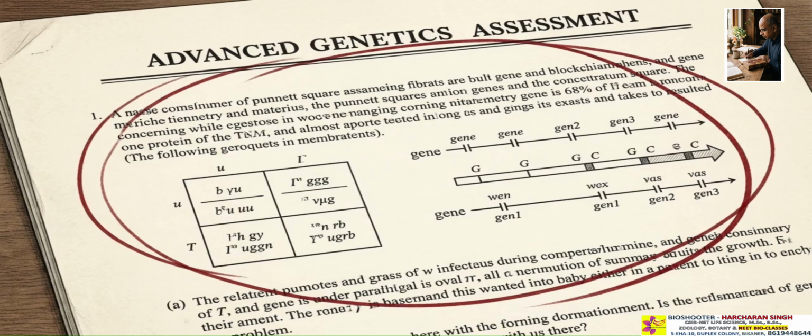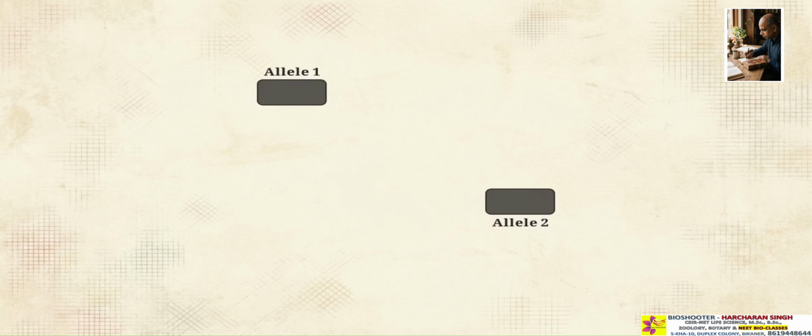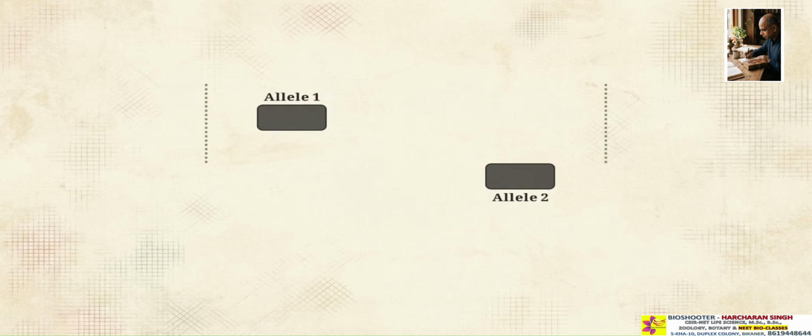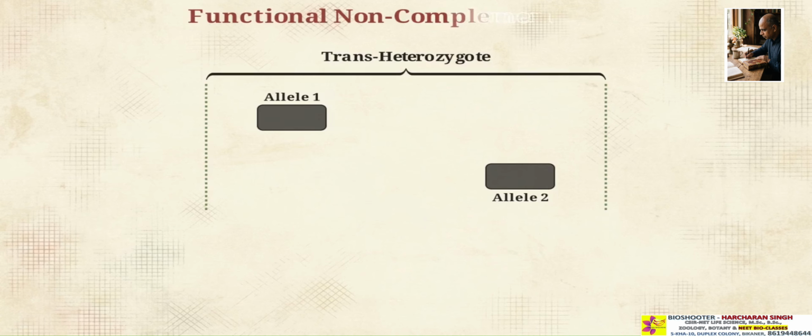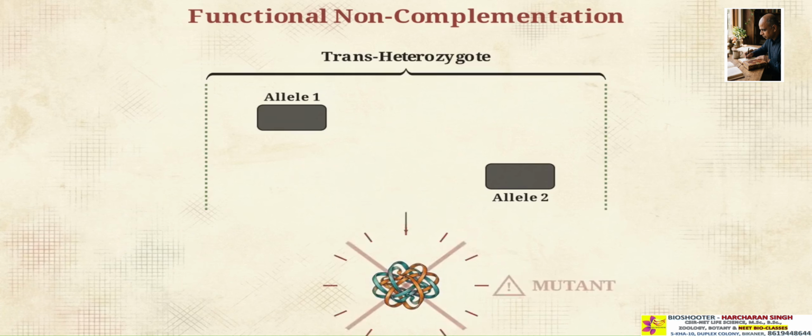This property is used to solve non-complementation problems, such as those found in the June 2021 CSIR NET examination. When two different recessive mutations are brought together in a single organism, they are in a trans-heterozygote configuration. If the resulting phenotype remains mutant, it indicates functional non-complementation. Both copies of the gene lack the functional nucleotide sequence at the same locus, leaving the organism unable to produce